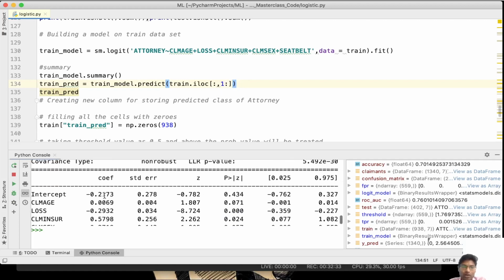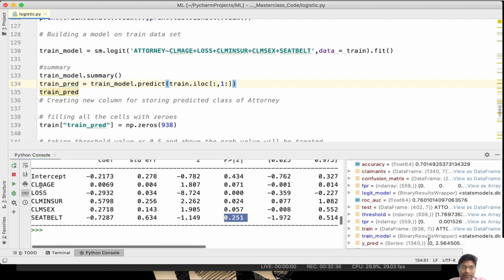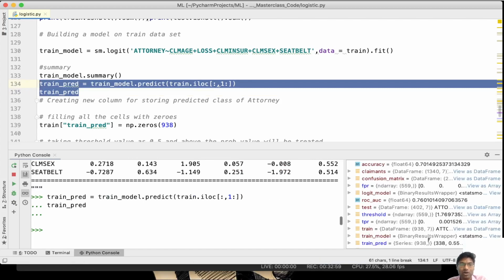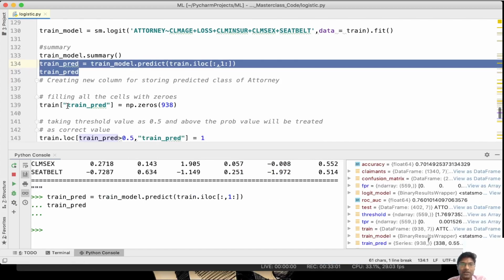So all the other columns, meaning image, loss, insured, sex, seat belt, all these columns will be taken into consideration when we give this one column. Once this is going to give me a dot predict, it is going to return the predicted result. This is going to give us the train accuracy, when we compare this output against the expected values. This is the actual values out of the predicted model.